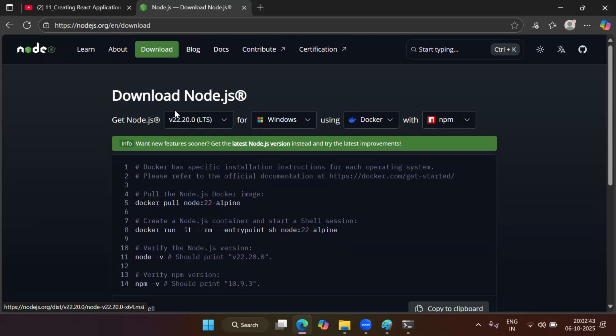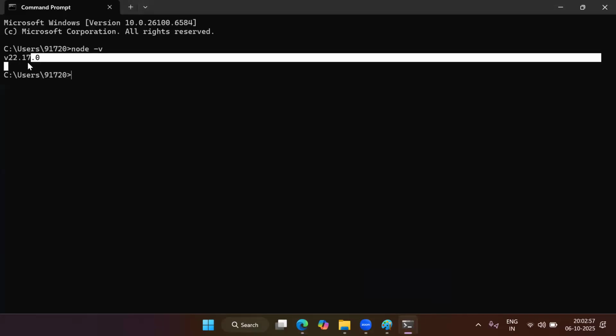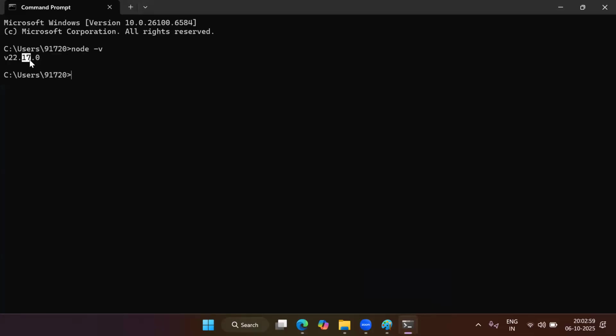So let's make everyone stand on the same page. Let everyone install this particular version. Everybody should get version 22.20.0. I'm getting 17 here, but I want it to be 20. So I will uninstall this and reinstall my Node.js. This is the first thing.